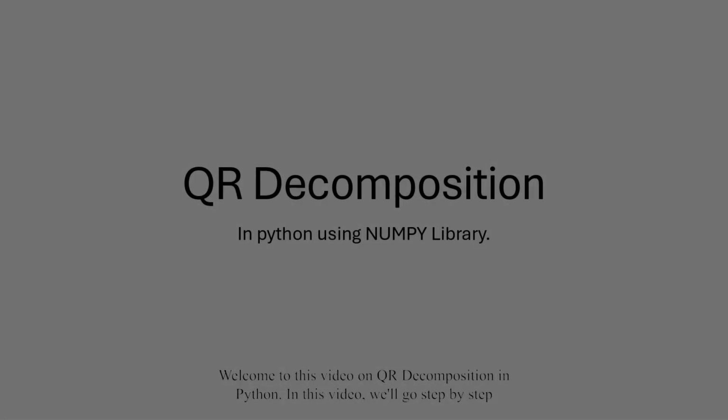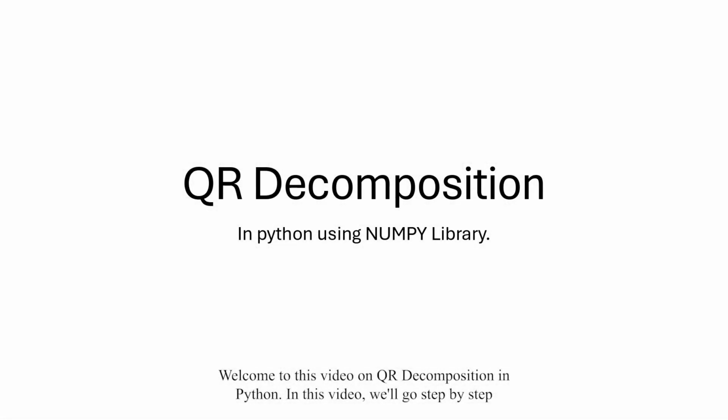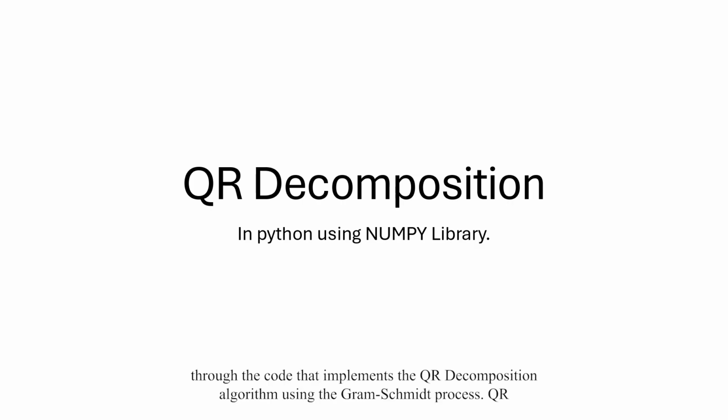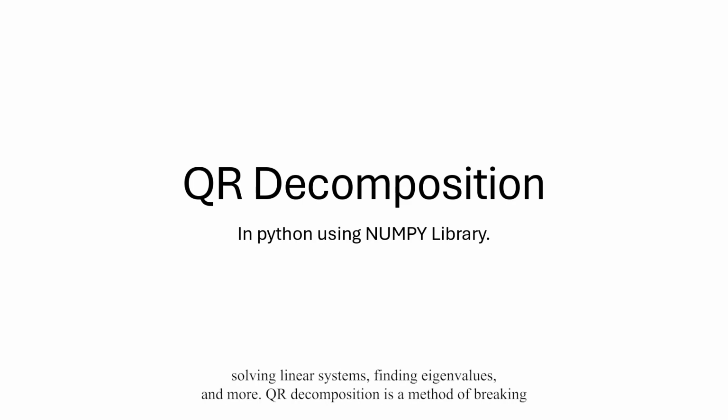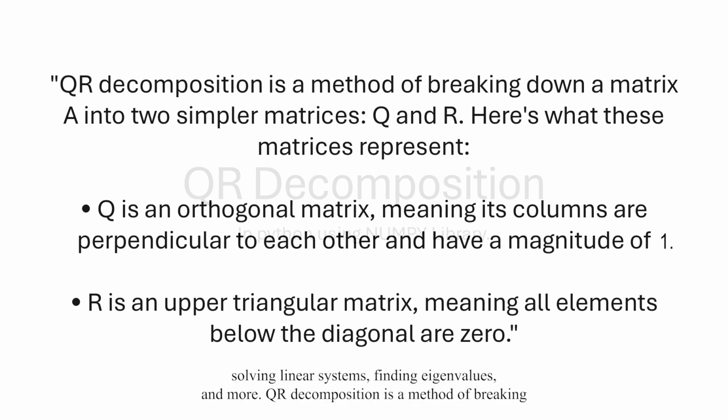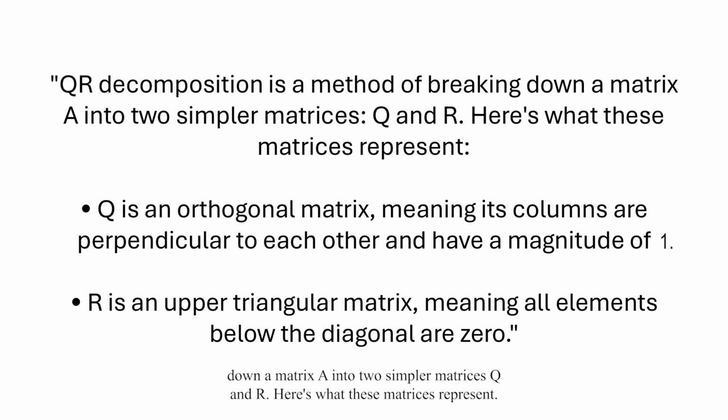Welcome to this video on QR decomposition in Python. In this video, we'll go step by step through the code that implements the QR decomposition algorithm using the Gram-Schmidt process. QR decomposition is a fundamental concept in linear algebra, widely used in numerical methods for solving linear systems, finding eigenvalues, and more. QR decomposition is a method of breaking down a matrix A into two simpler matrices Q and